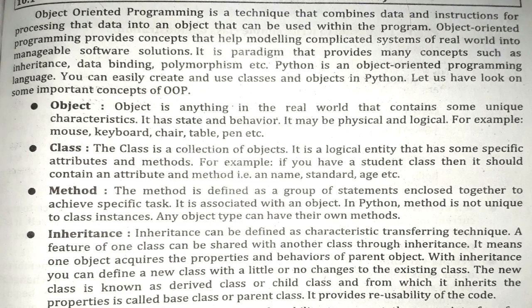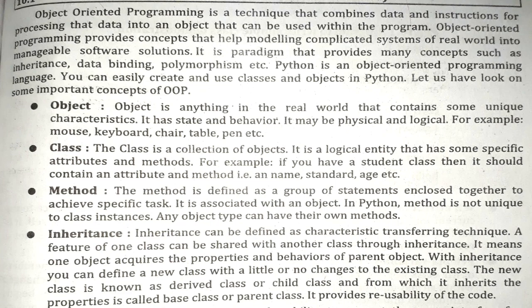So basically, in simple words, we can say that an object is a runtime entity, and a class is a kind of blueprint. If we have a class and we are not creating its object, then there is no use. And if you have an object but there is no class, again there is no use. So both these terms are associated with each other.